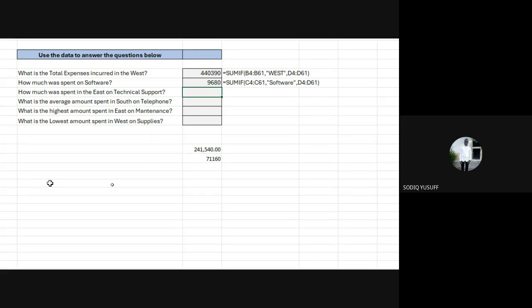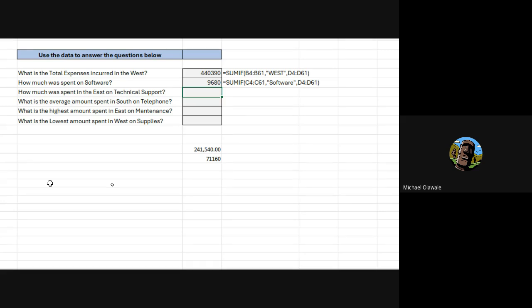Who else can try? Who can tell us what the conditions are? I think we have 3 conditions: the division, category, and expense amount.